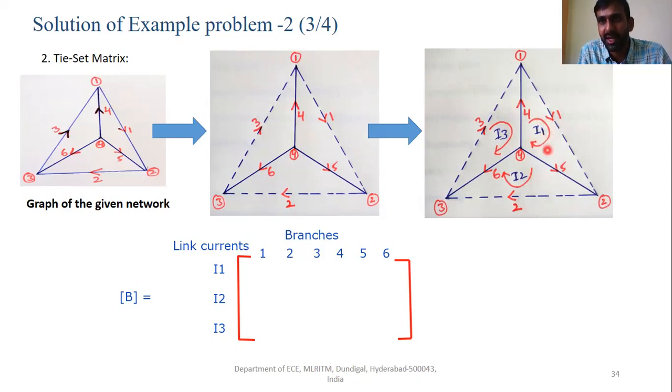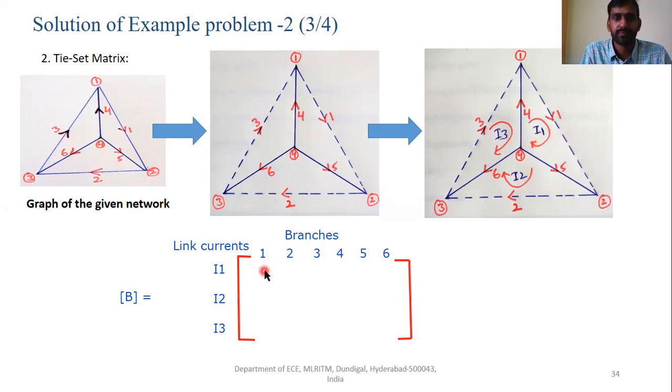If the branch is in that loop and its orientation is similar to the reference direction of the loop, the element is going to be equal to +1. And if the current direction of the branch is not the same as the reference direction of the loop current, the element is going to be equal to -1.